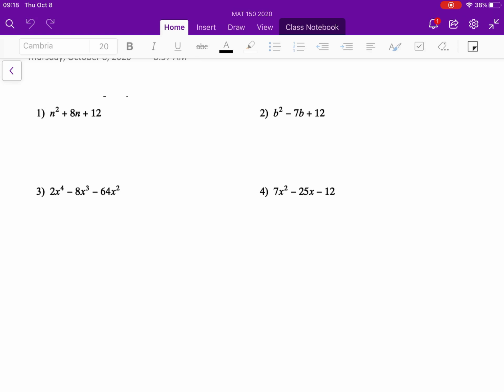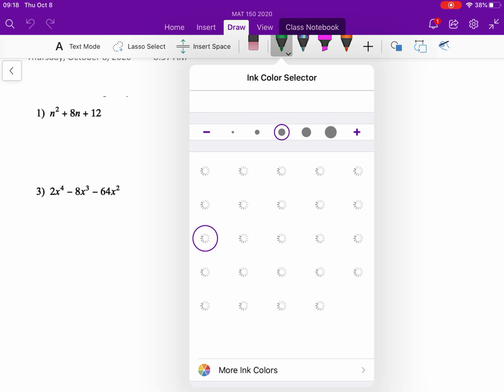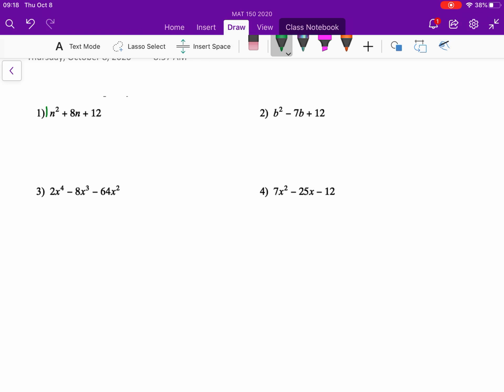So let's dive right in for factoring. When we have A is 1, meaning that the number out front is 1, do not overthink factoring. That means that both of your variables for factoring is going to be n. What multiplies to get 12 and adds to get 8? When everything's positive, we know that it has to be positive, no worries. And so that means that, let's see, 4 plus 3